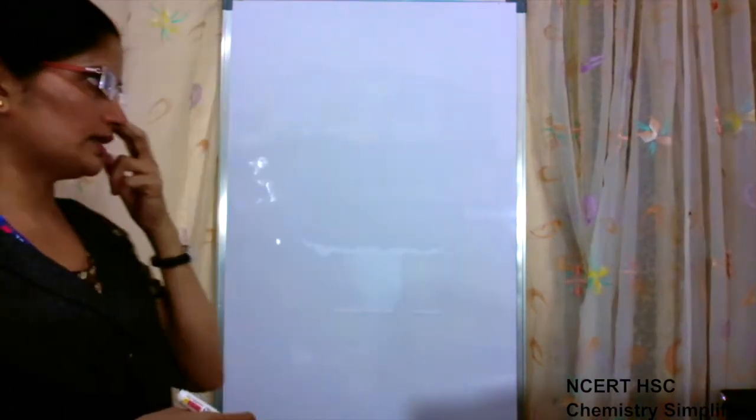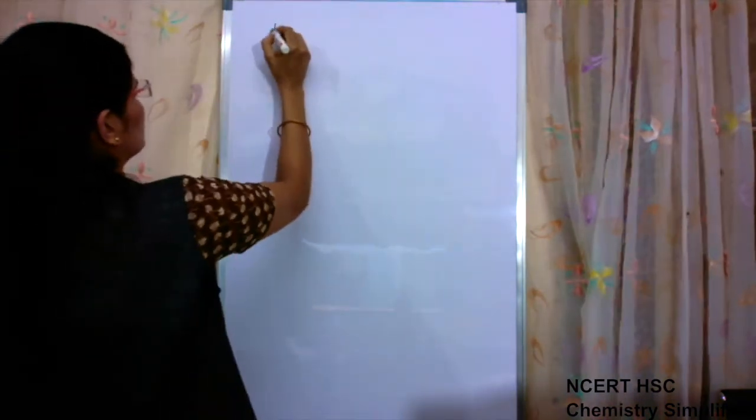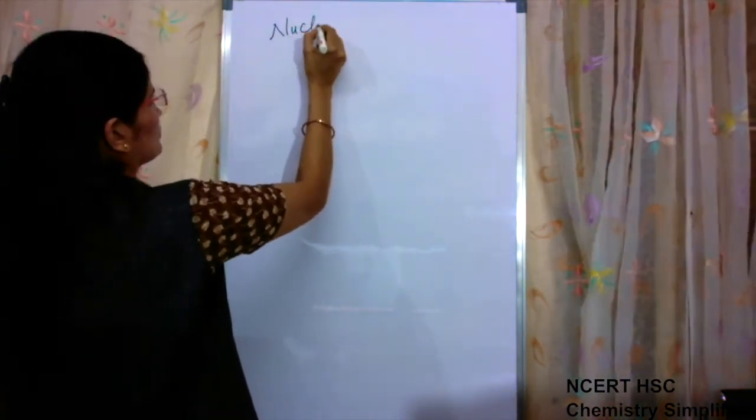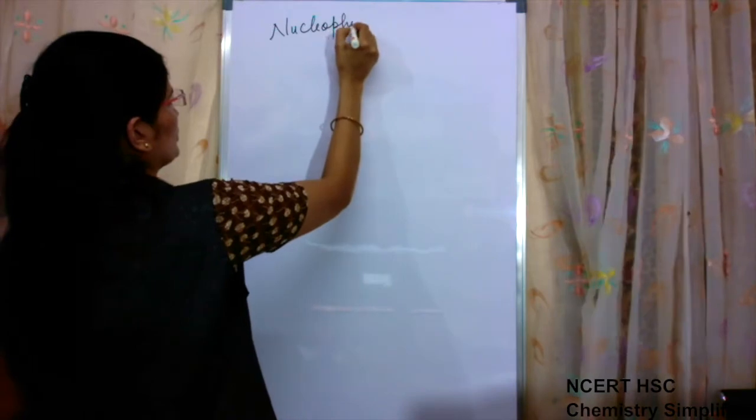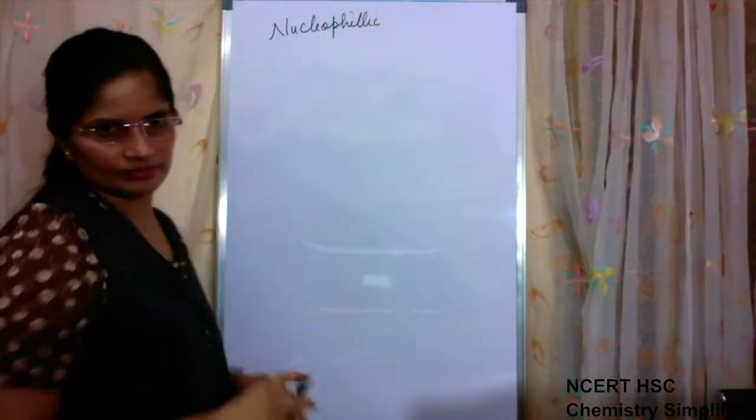Physical properties were over, and chemical properties we had taken first. In all, we have to study three categories. I told you that one is the nucleophilic substitution reactions, the second category is elimination reactions, and the third is reaction with metals. Out of that, the first one we had started, that was nucleophilic.